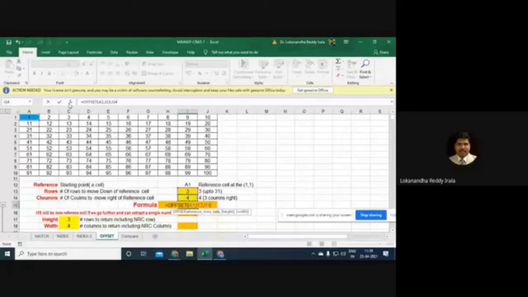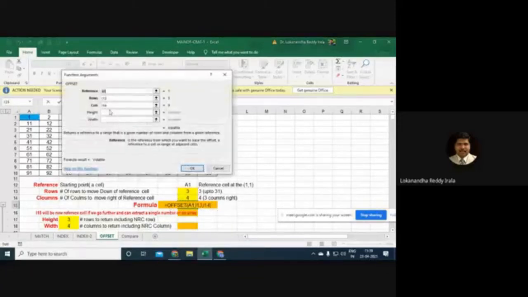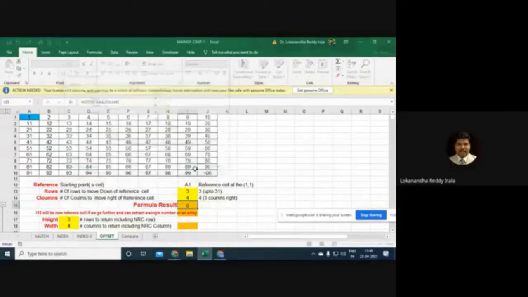And of course, there are 2 other arguments. For the time being, I'll just leave them. 35. Now, it is the same as the index function, except that the flexibility is that I can start from anywhere.